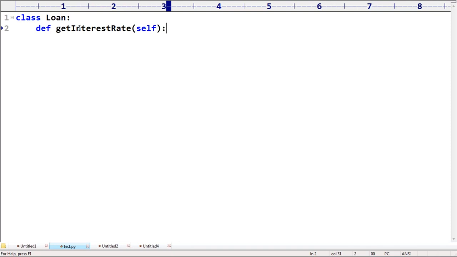Can you please tell me what value I have to return? It's get interest rate, a normal theoretical word. What value do I have to return? Return 10, or 12, and so on. But which type of loan? I don't know which type of loan. If you don't know the type of the loan, then you are not in a position to implement. Then simply you can use the word pass.